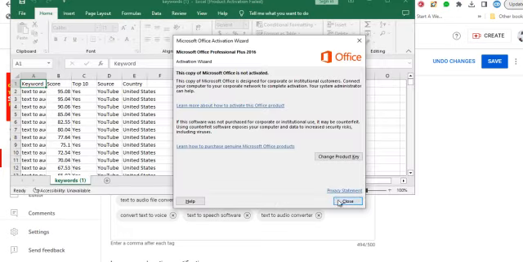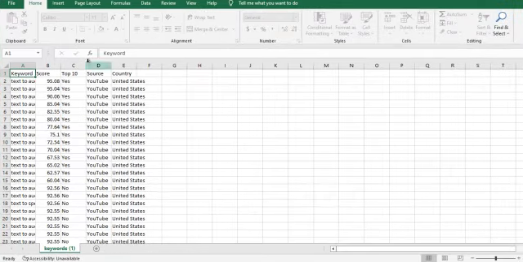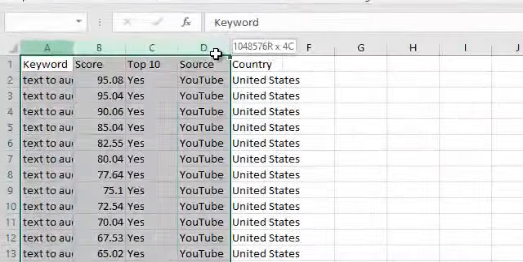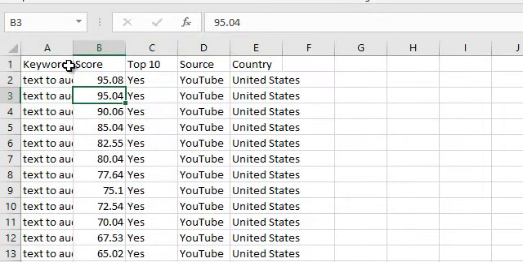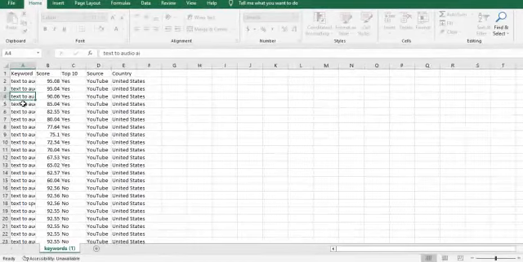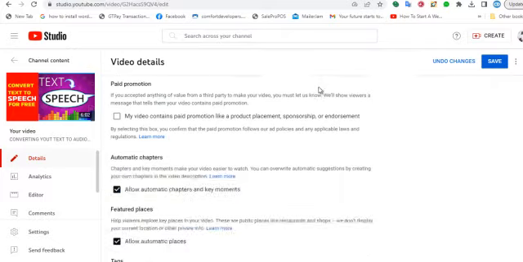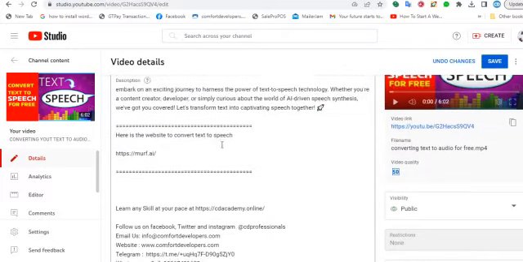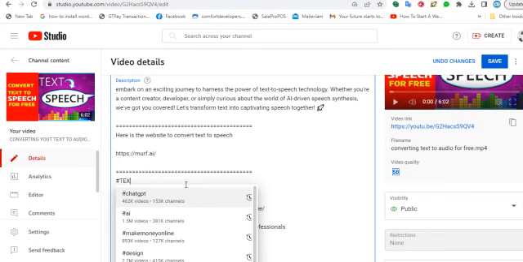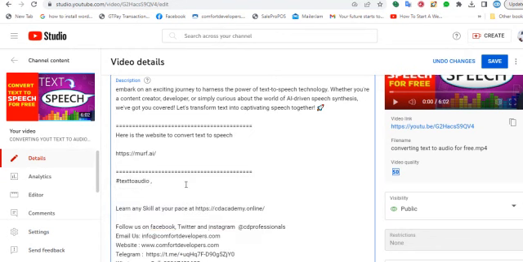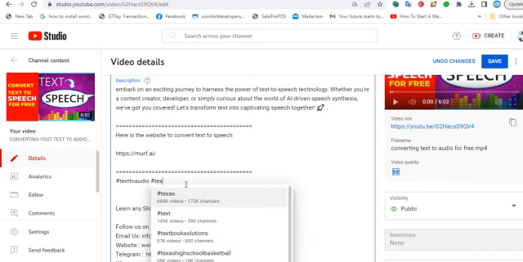So I can open this and see some of the things I've got here. These are some of the keywords that I have. Text to audio, I have the keyword here. You can see text to audio converter, text to audio AI, text to audio converter app. You can also come here and add some keywords. Under here, you can just add hashtag text to audio, hashtag text to speech,